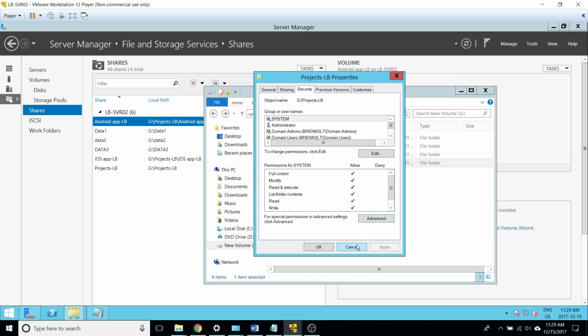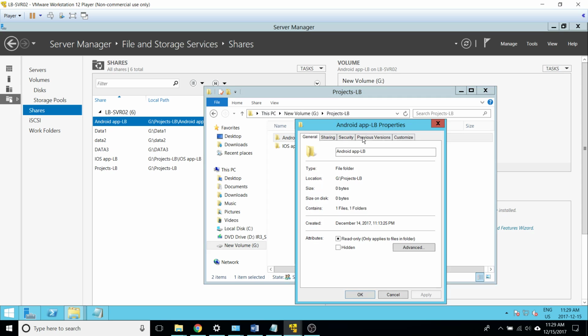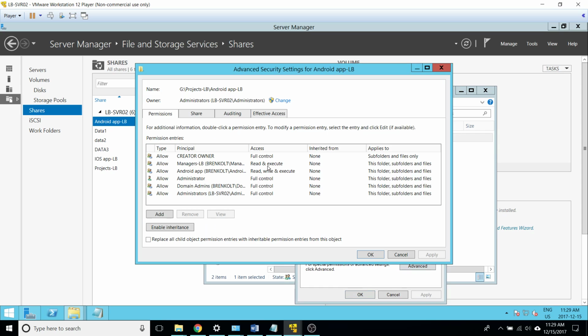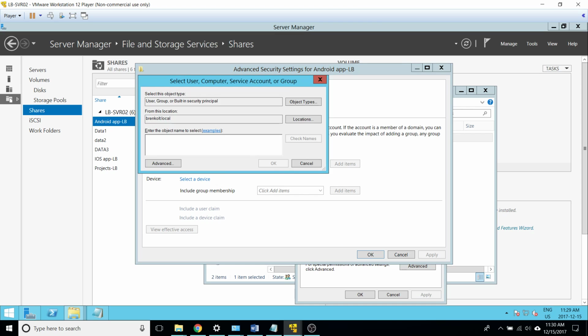So then drilling down from there, the Android app folder in security. Okay, so what I did here, since this is the Android app folder, I'm only allowing Android app group, the managers group, because they are part of both projects. Domain admins, all this is normal. So let's check the effective access for this Android group,